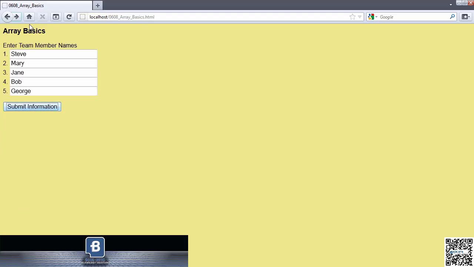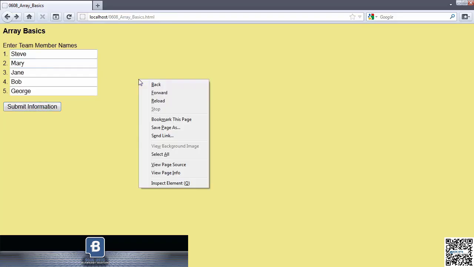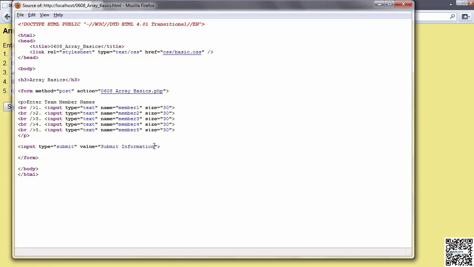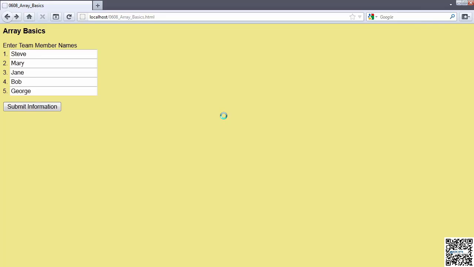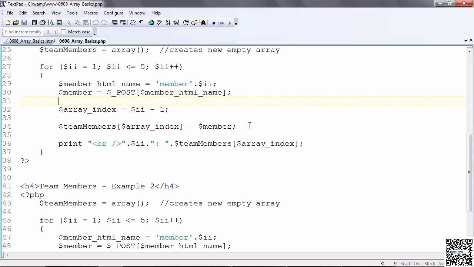Take a look at it. Let's go back. You can see it here, but you can also see it in the page source. I have member 1, member 2. Since I'm a human being, I don't start counting with 0, I start counting with 1. Let's go back to the code. I'm using this information to get member 1, member 2, member 3, depending on the loop, into this variable called